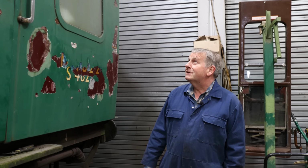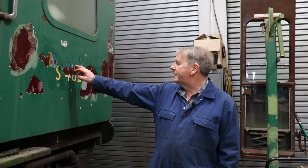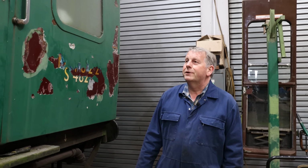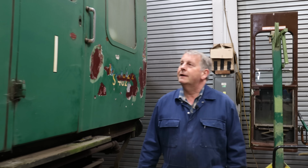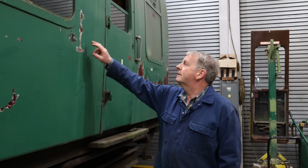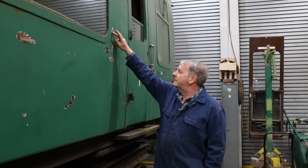So yeah, quite interesting stuff really. You can also see the blue from the blue and grey, which went on a little bit later. Okay, so moving down a little bit, this is one of the, you can see these have had repairs over